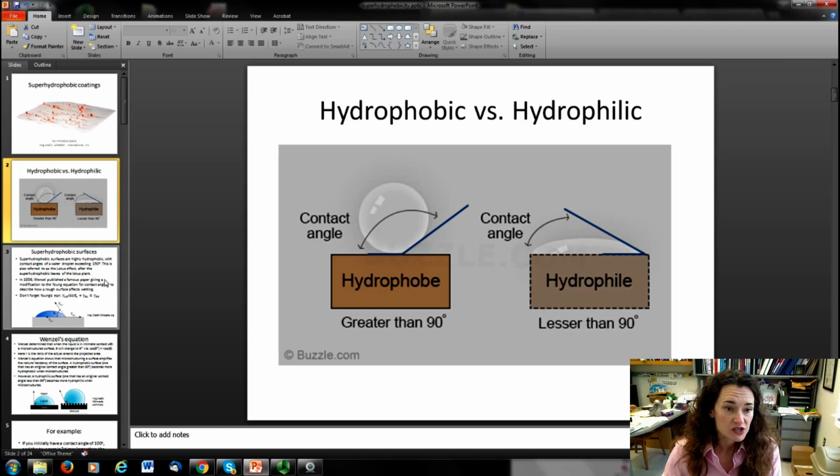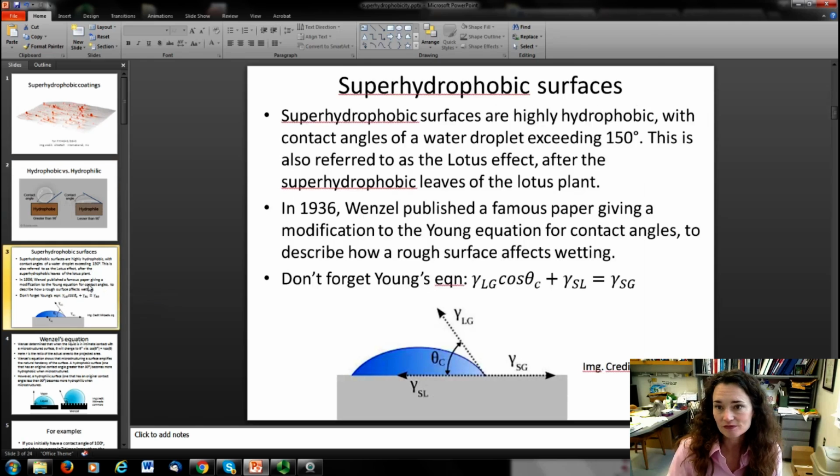Now, what I want to talk about today, because we covered the regular hydrophobic and hydrophilic in the last lecture with the Young's equation, is superhydrophobic surfaces, because it's in these categories that we really have some of the applications that we see in nanoscience and nanotechnology. Alright, so superhydrophobic surfaces are highly hydrophobic, and they have water contact angles exceeding 150 degrees. This is also sometimes referred to as the lotus effect, after the superhydrophobic leaves of the lotus plant that